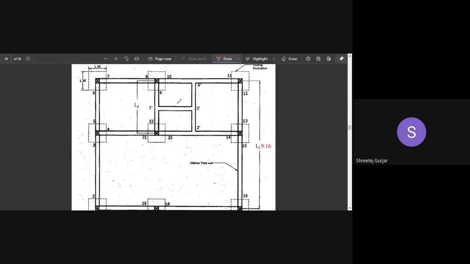After these are covered, we are left with these walls, 1, 2. So this is your L3. These 2 are your L3, and then this one wall is left out. That is the wall between your water closet and your passage. So we have covered all our walls: L1, L2, L3, and our individual wall, which is this wall. This will help us in the calculation of our center line.